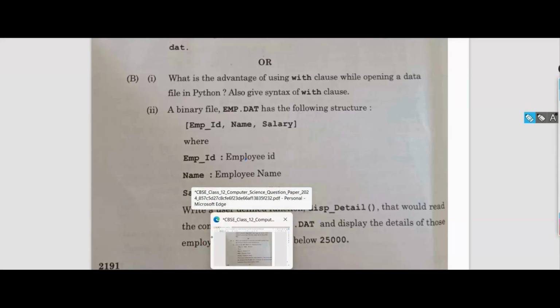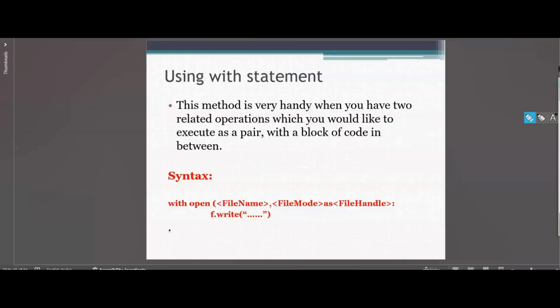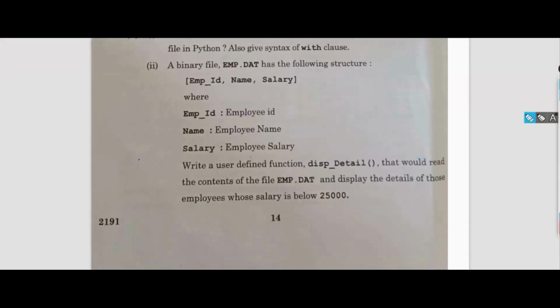The second subdivision under the B question is: a binary file emp.dat has the following structure: emp id, name and salary, where emp id is the employee id, name is the employee name and salary is the employee salary. Write a user defined function disp_detail that would read the contents of the file emp.dat and display the details of those employees whose salary is below 25,000.